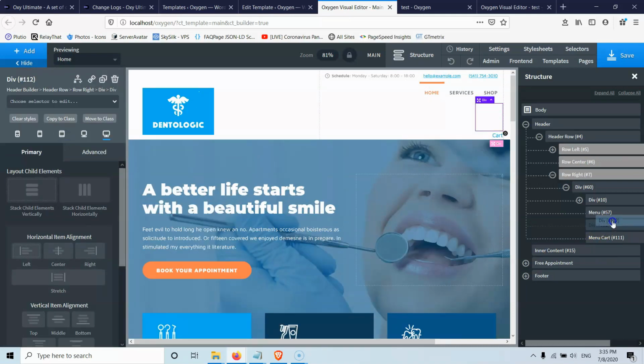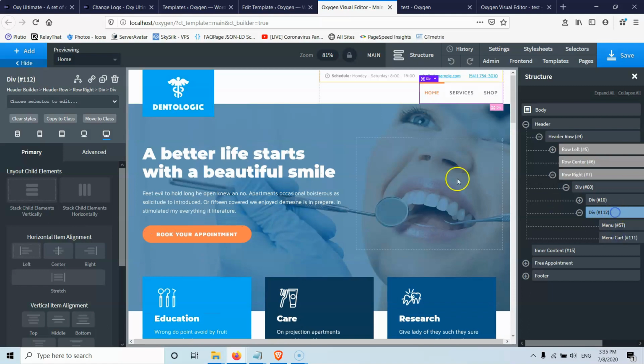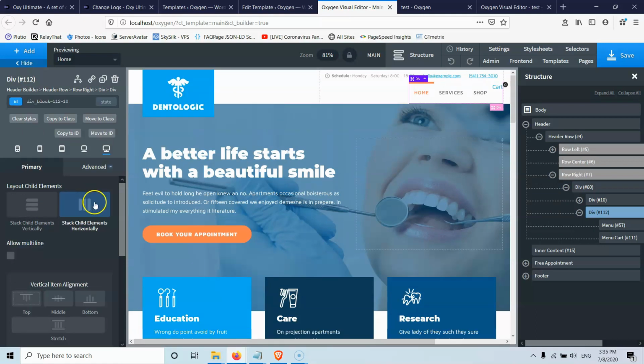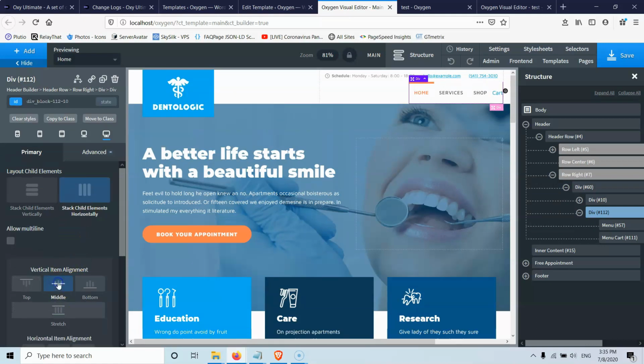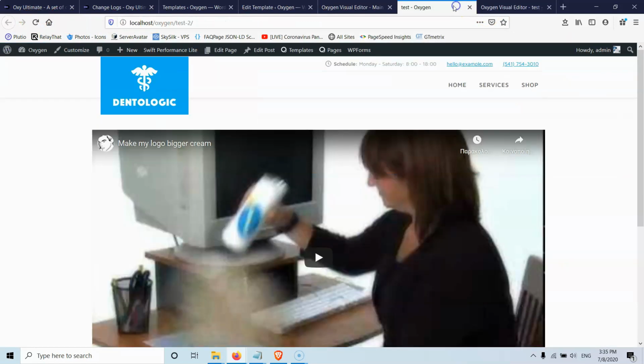Okay, put the menu under the div, sorry, inside the div, and then the menu cart inside the div, and then go here and select this one and align in stack elements horizontally and align those in the middle. So this is how we're going to look. Let's go and save it before we're going to style it, and let's refresh the page.